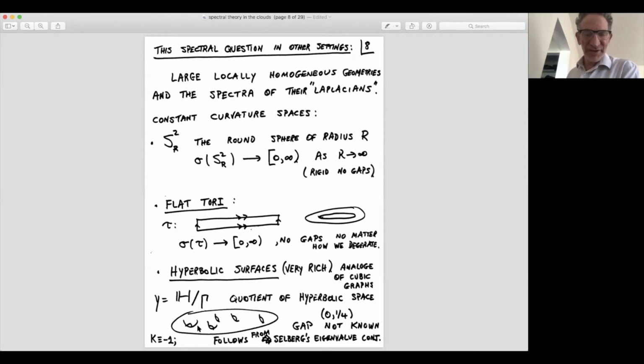We don't know whether you can create that larger gap. There's a conjecture of Selberg which says that for congruence groups that's true. So the gap at the bottom, which is very much the analog of the Alon-Boppana gap at the top, has been studied. Of course, the Selberg conjecture is something that anybody close to me has studied over the years. But we don't know what happens above a quarter. What gaps can you create by arbitrary high genus compact Riemann surfaces above a quarter?